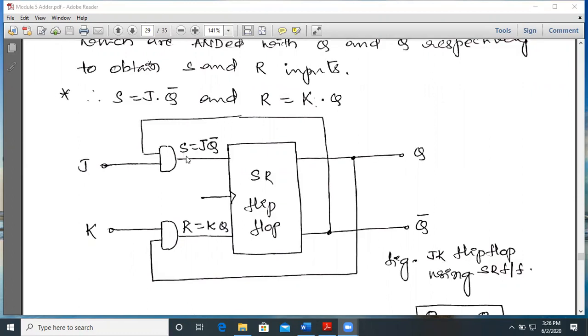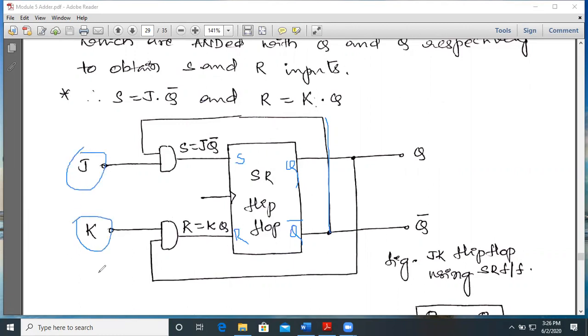So our S input, here it is an SR flip-flop, is it not? Here the input given is S, here the input given is R. Outputs we get as Q and Q bar over here. The input that is given to the S input of the SR flip-flop now becomes S equal to J into Q bar, because the tapping is taken from over here. So it goes to this AND gate, and thereby we get S equal to J into Q bar. We need one more input, which is called the K input.